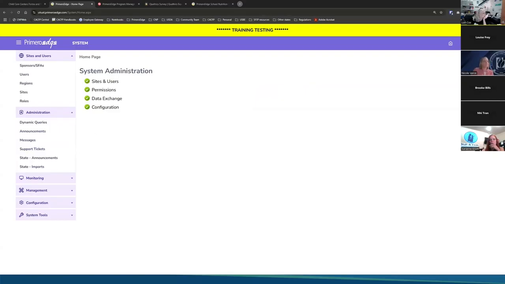There's also this little set of cubes up here in the corner. This is where you can quickly navigate to different modules. So it will pull up the same 3 that I had on my home page, and you can navigate quickly between modules there. And then this 3 dots also lets you sign out, look at your user account, and